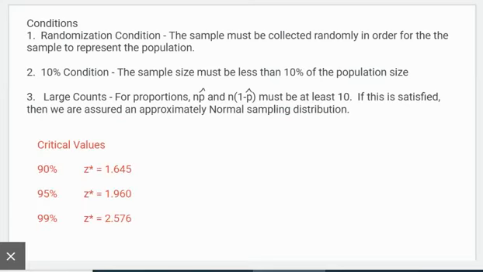So let's talk about critical values real quick. Our critical value is this Z star, and Z star is a part of our formula for a confidence interval for estimating a proportion. The most common critical values are based off of the most common confidence levels. A 90% confidence level is going to lead us to a Z star of 1.645. A 95% confidence level leads us to a Z star of 1.960, and a 99% confidence level leads us to a